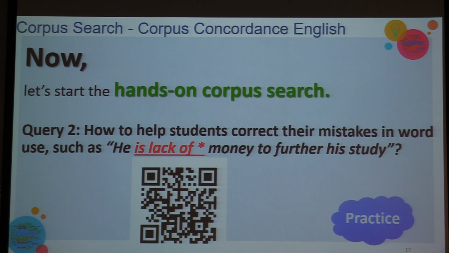Now, some clues for you. When you search the word, obviously the keyword will be "lack," right? So which function will you choose, starts with or equals? You can try both. The results will be different, all right? Sometimes which function do I use, equals or starts with? It really depends. Usually you can try "starts with," but it might not give you sufficient examples. In this case, you will try "starts with," okay? Then you will get more examples. So that's some more clues for you.